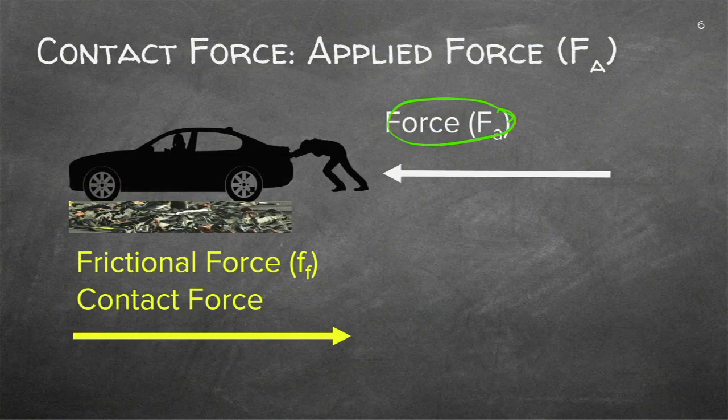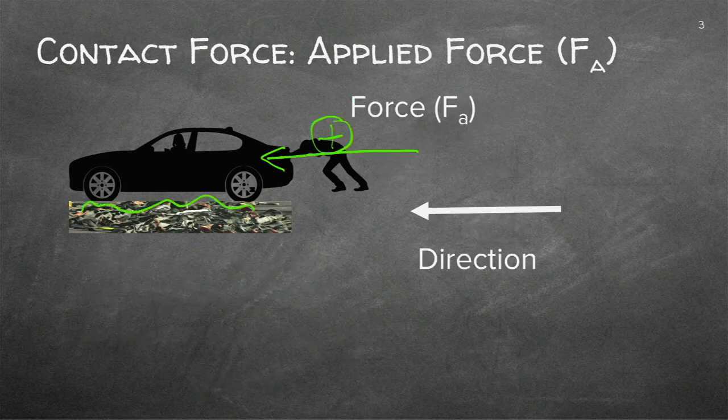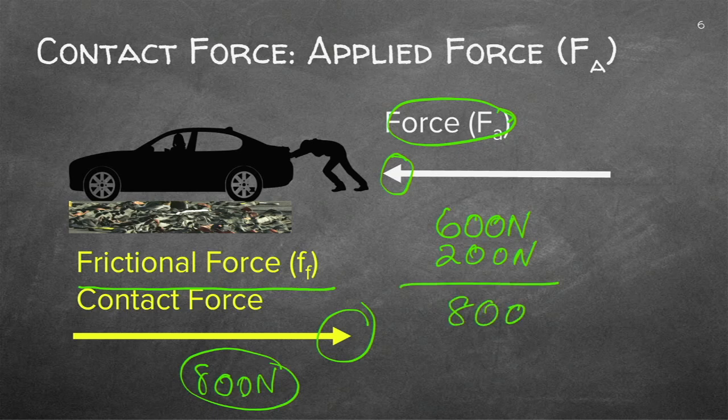This guy's pushing this car. And I've got the frictional force, which is working towards there. Do you see, if this is, let's say, 600 Newton, and this is 800 Newton, can you see it moving? Certainly not, because that's not big enough. So what we have here is that this frictional force will have to be, as we say, overcome. So if I add another 200, I've got a balanced force, the 800 and the 800.